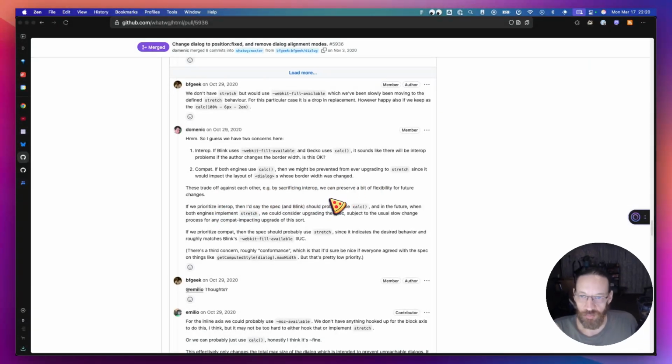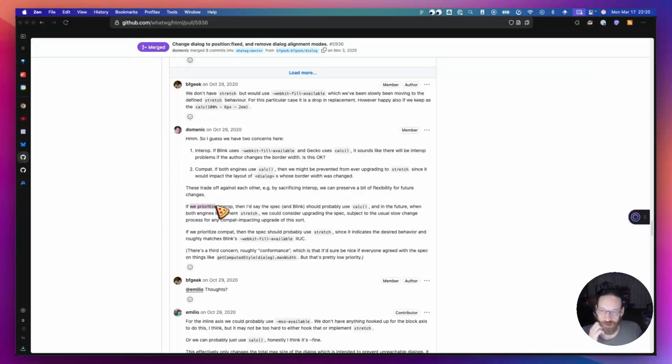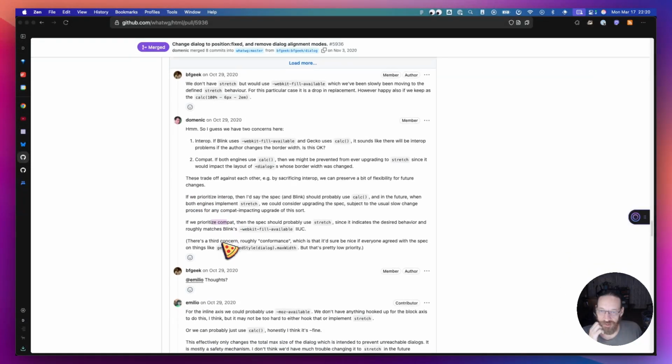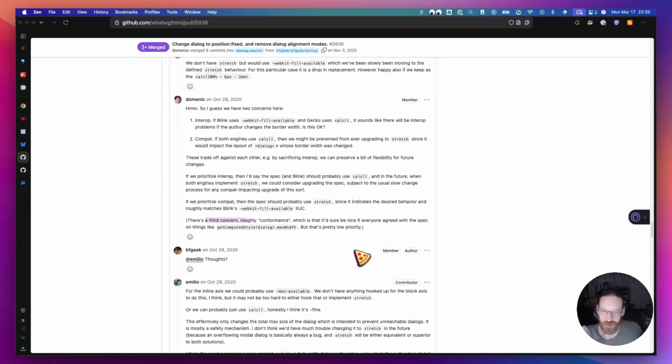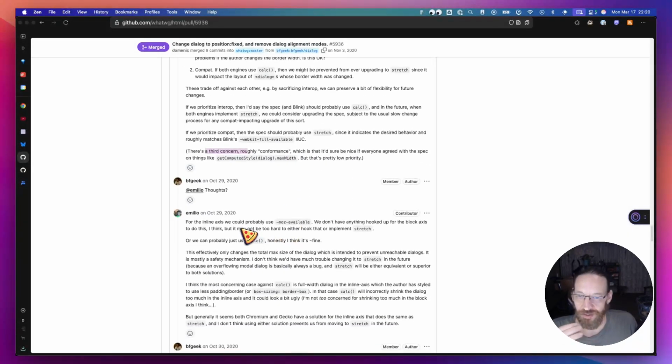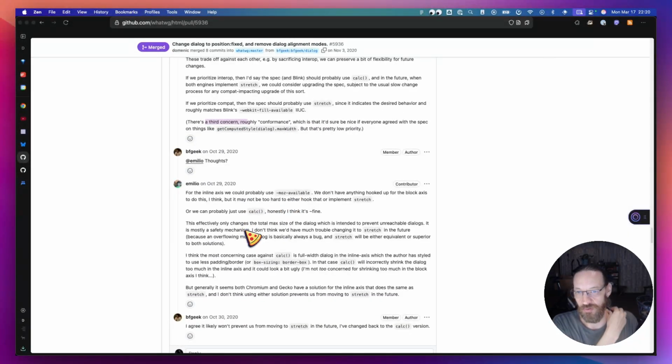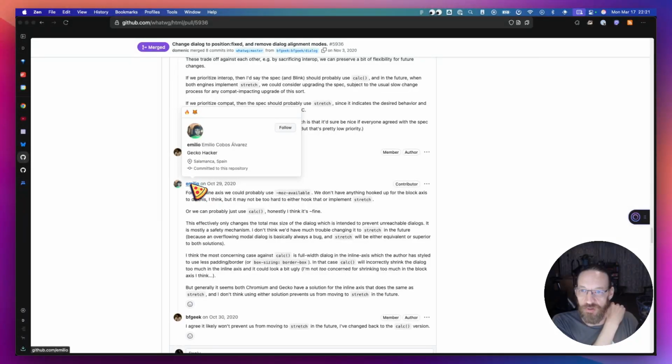So now we're matching trade-offs against one another. So depending, what do we prioritize? Do we prioritize interop or do we prioritize compat? And then there's a third concern. So the conversation went on, and then Emilio came in, who's a Gecko hacker, so meaning Firefox, says